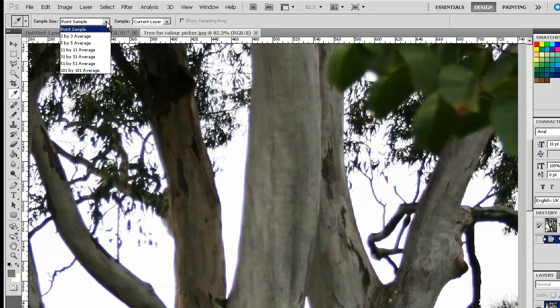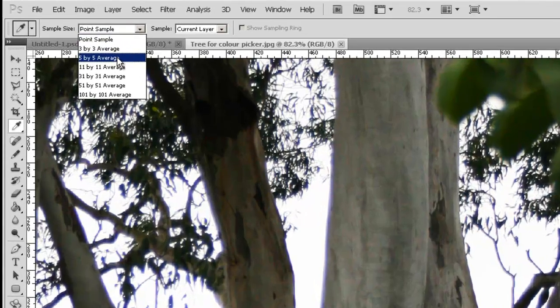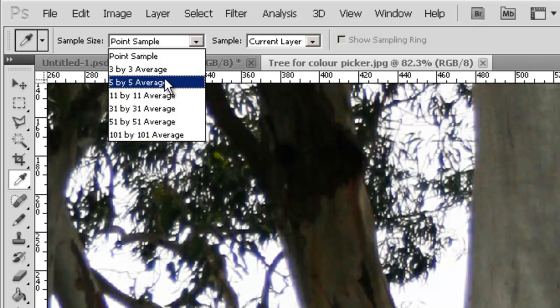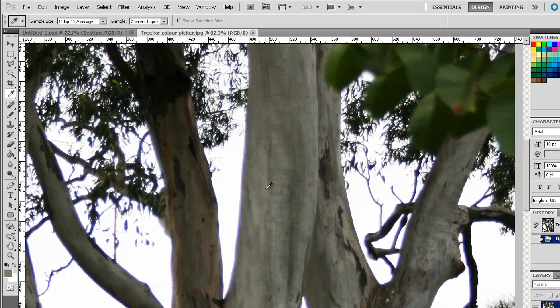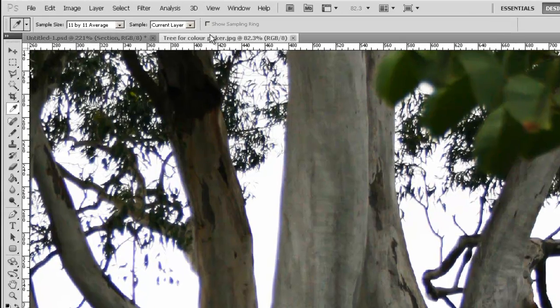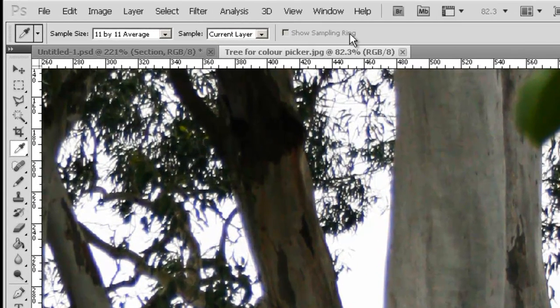It's probably better when you're using the colour picker to open the average, and what it will do is if we go either 5x5 or 11x11 pixel average and we select the colour, it's actually picking the colour from a slightly larger area and averaging that out. Now there's another function on the control panel through here that shows sampling ring. Now that's currently grayed out. The sampling ring is actually quite a handy tool, but by default it would often be